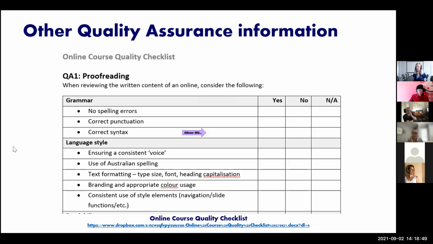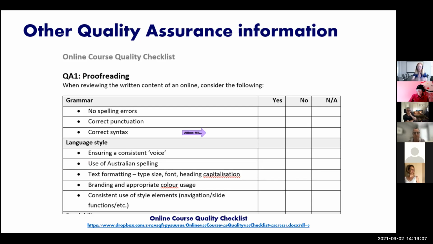So what I'm going to do is get you to go into a breakout room. I'm going to give you, find my other cheat sheet here. Yes, so the first thing I do, I've just borrowed this from someone else and repurposed it. A very simple kind of quality checklist.